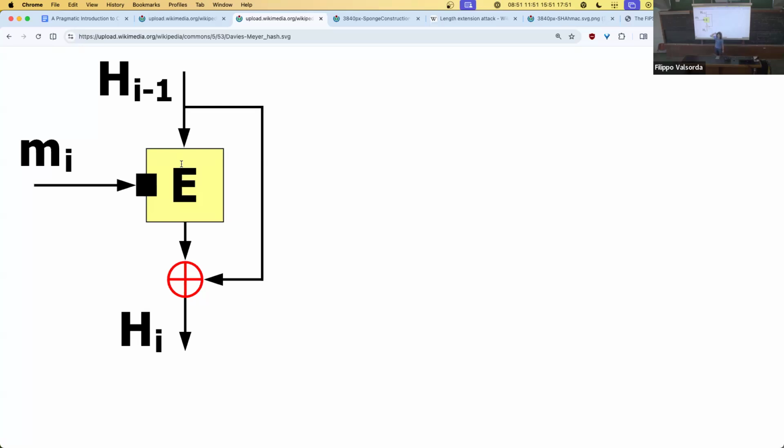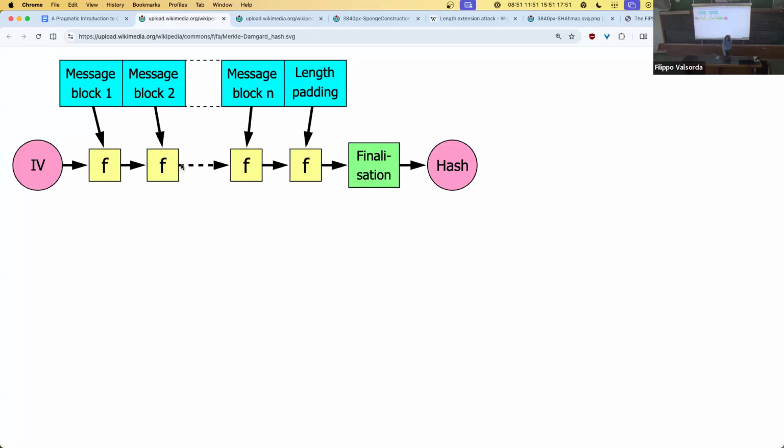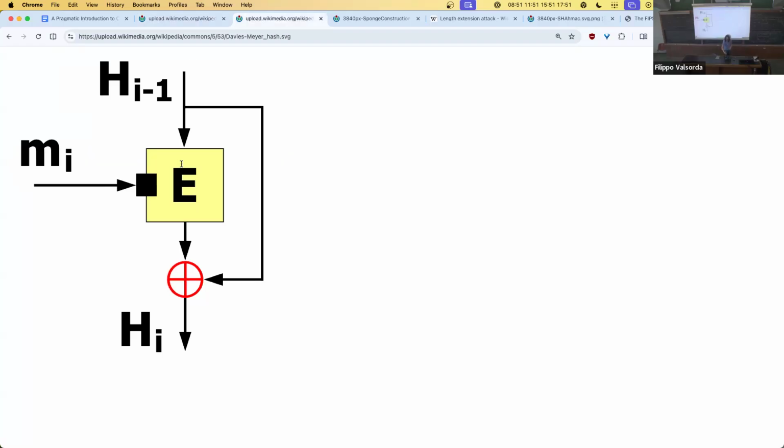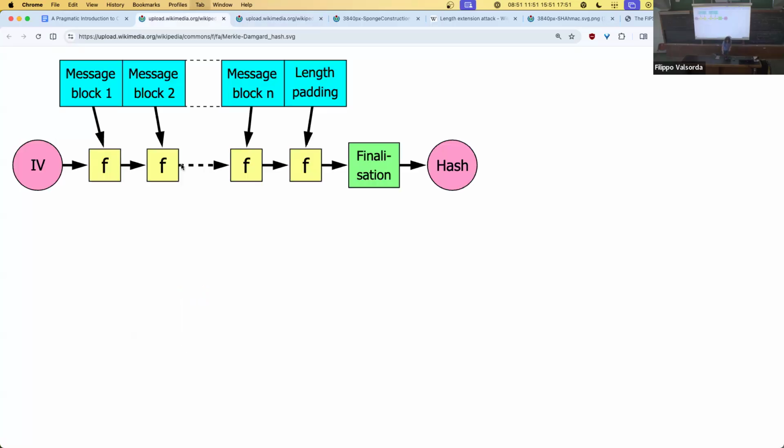Why the XOR? Because you could trivially attack Merkle-Damgard if it didn't do that step inside. So now we're looking inside the box F. If the box F didn't have this XOR operation here, where you take the input and XOR it with the output of the cipher, you could rewind by decrypting. Remember, these are permutations where knowing the key, you can go from plaintext to ciphertext or from ciphertext to plaintext. So you could go back.